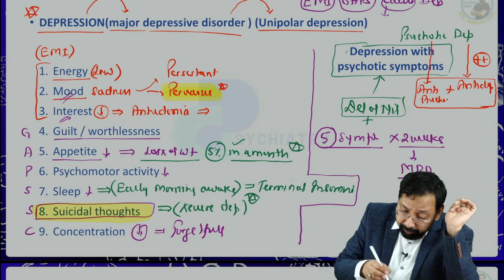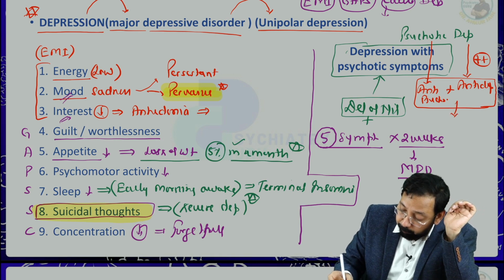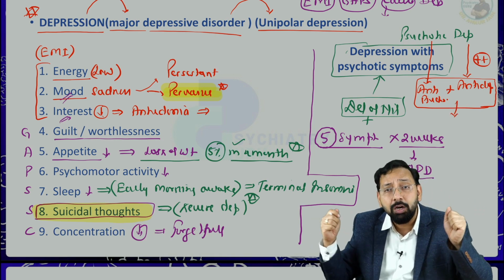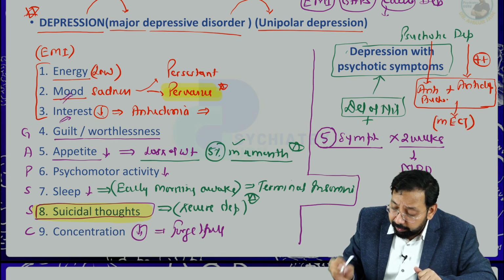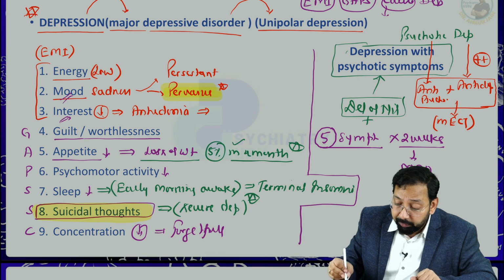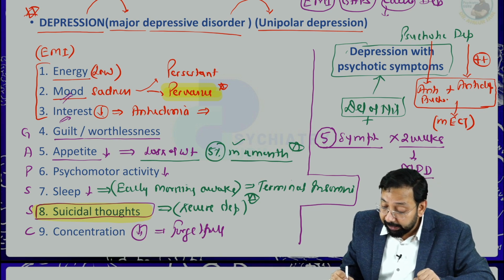And if the patient is not improving, then you will give current. You will give modified ECT. If a patient of psychotic depression is not improving with this medication, that is an indication